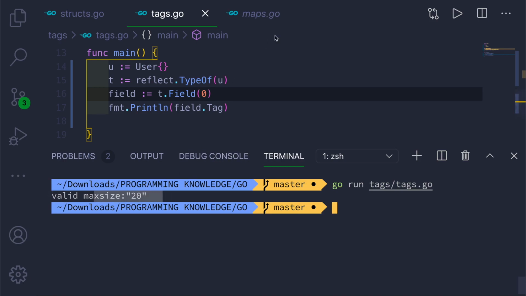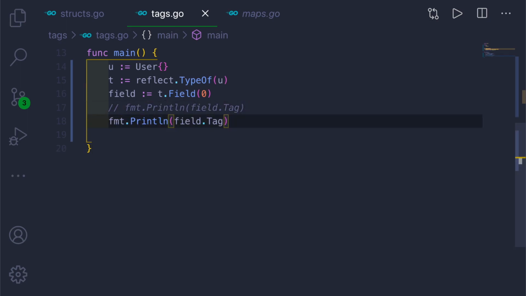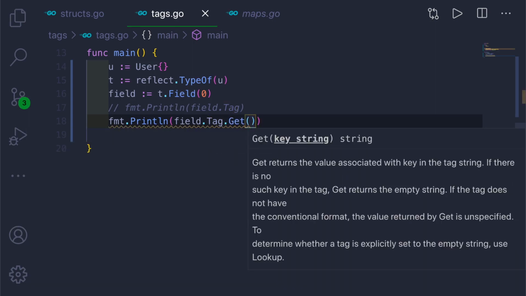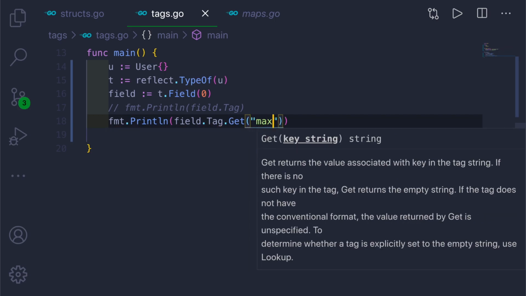So what if you want the value of this max size tag? For that, what you can do, we'll just copy and paste this, and after Tag you have to give the Tag dot Get function. Inside this we have to give the tag's key.